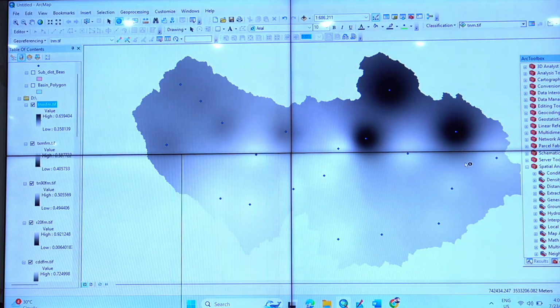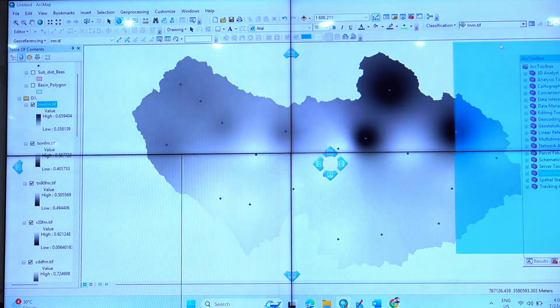Now, the last step: by using all these 6 layers you have to again model which area will be more vulnerable, and for that you have to do one step only. Again here, go to overlay, spatial analysis. I'll show it again.